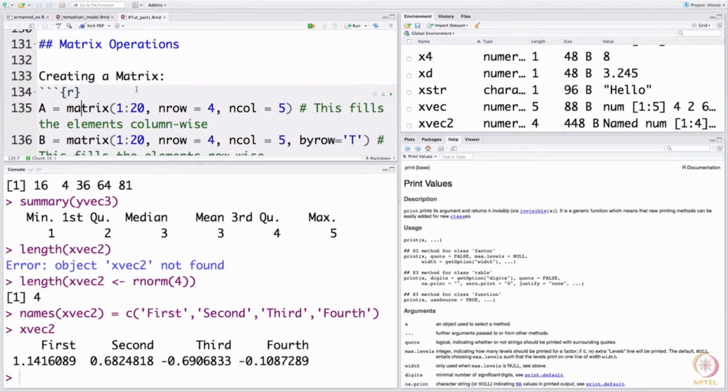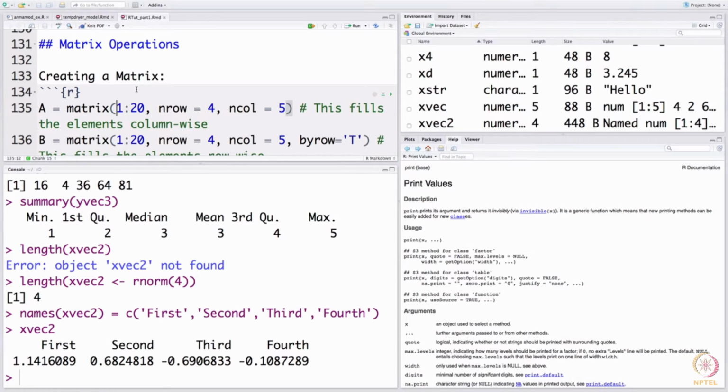So, how do we create a matrix in R? The command that does this for you in R is matrix. And what do you have to supply to this? You have to supply the elements that you want to populate the matrix with and specify the number of rows. You do not have to specify the number of columns, it automatically calculates, of course, assuming that the number of columns is an integer, that is, rows times columns is the total number of elements you have supplied. And you may have to tell R how to fill the matrix.